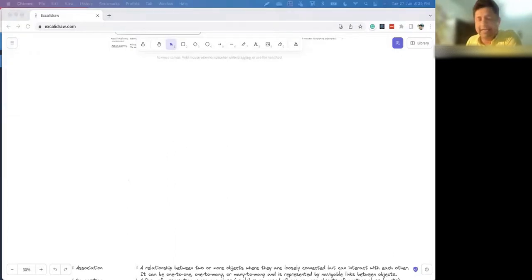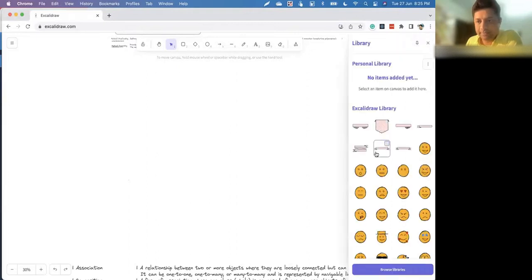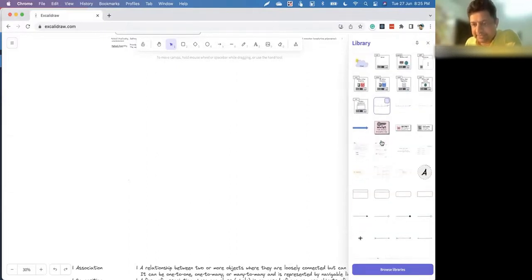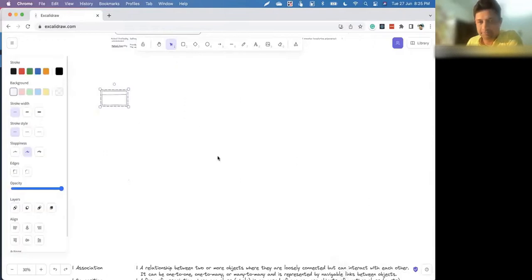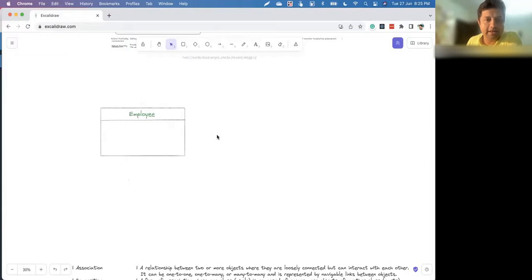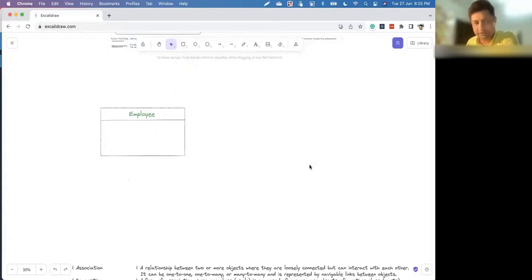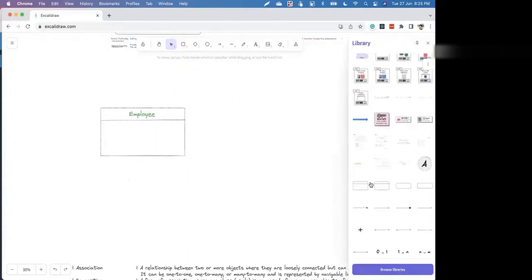So association is a relationship between two entities. We have different kinds of association. So let me draw this. Let me get the classes. So I have a class here, and in our case, let's say we have the employee class, right? For the employee class, employee is associated with whom? Employee is associated with company,